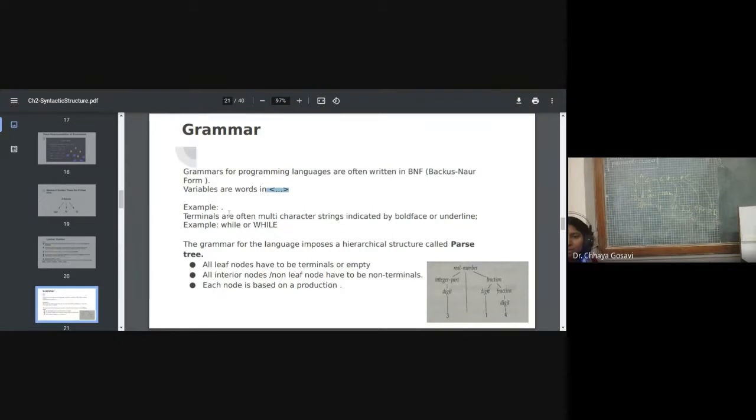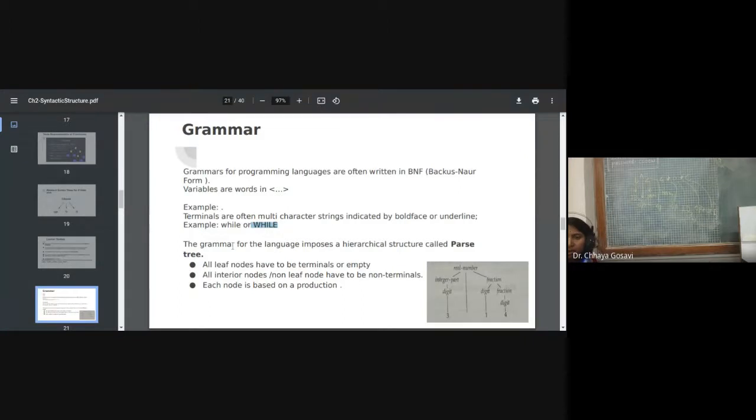Terminals are often multi-character strings indicated by boldface or underline. Terminals are nothing but the tokens. So either we can write identifier, operator or number in capital case, or while is also a token, which is part of the language, a while loop. So we have to write it in capital letters.